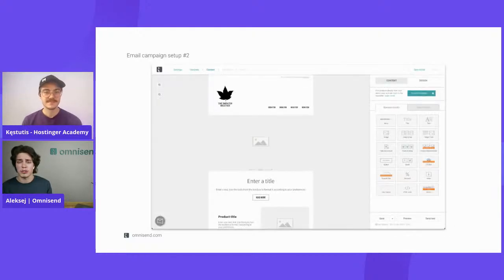So very, very simple, not getting into too much detail here. Make sure the subject line is nice and catchy and draws people's attention. If they're not interested by the subject line and the pre-header, they're not going to open the email at all. So no matter how beautiful the email is, they're not going to read it. Oh, and